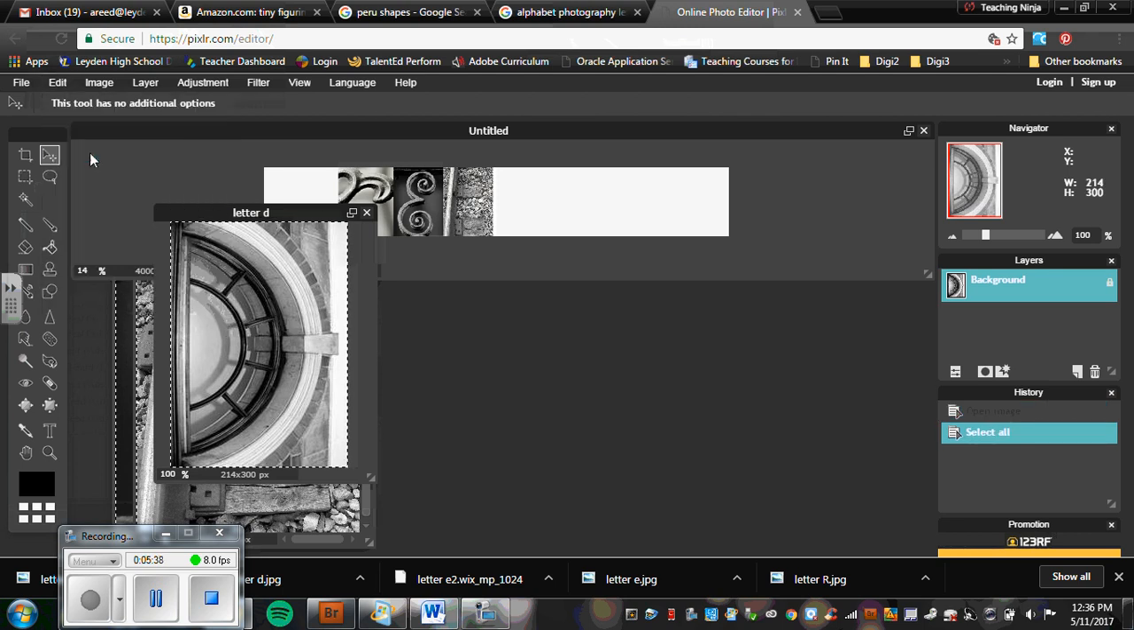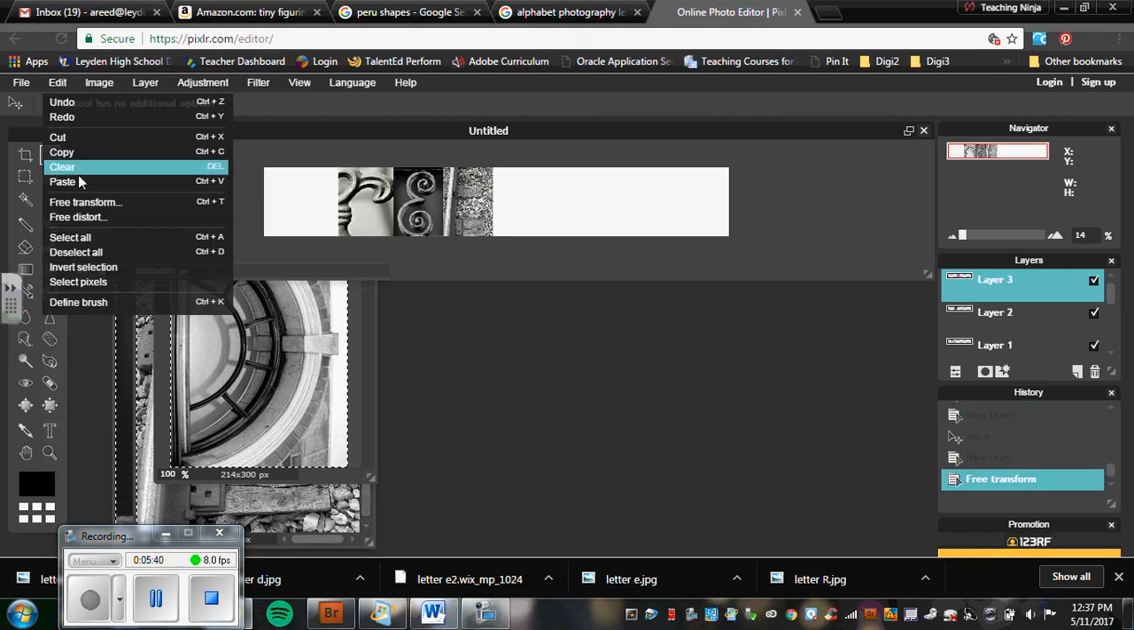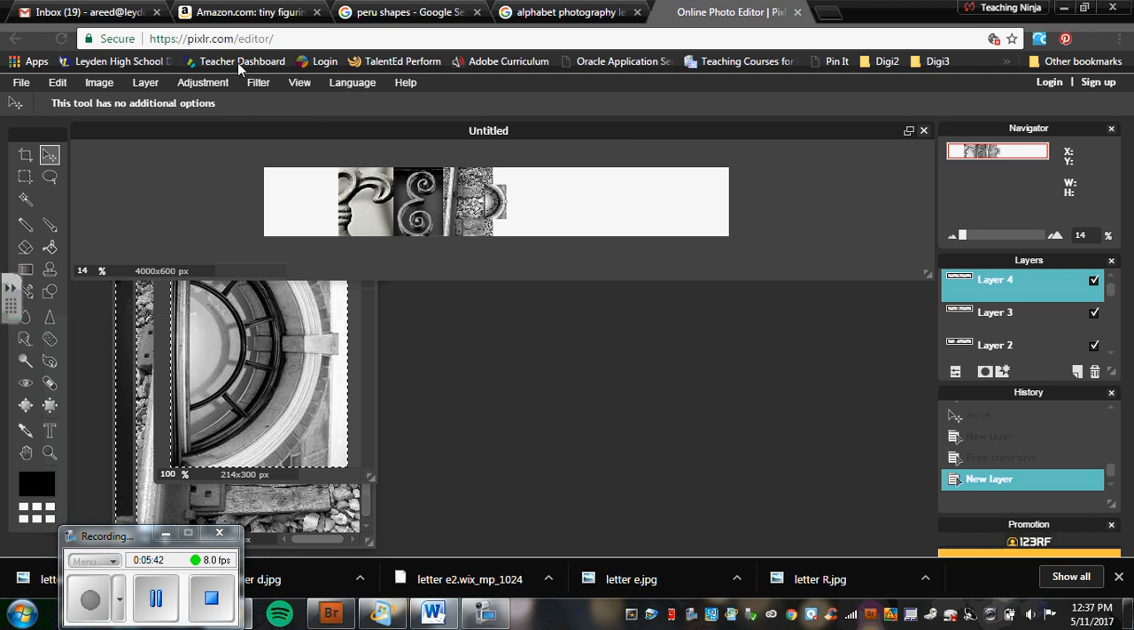Last time, select all, copy, and paste. It's too small. I go back to transform and stretch it out to whatever size I need it to be. Now, if you're like me and you have extra space,